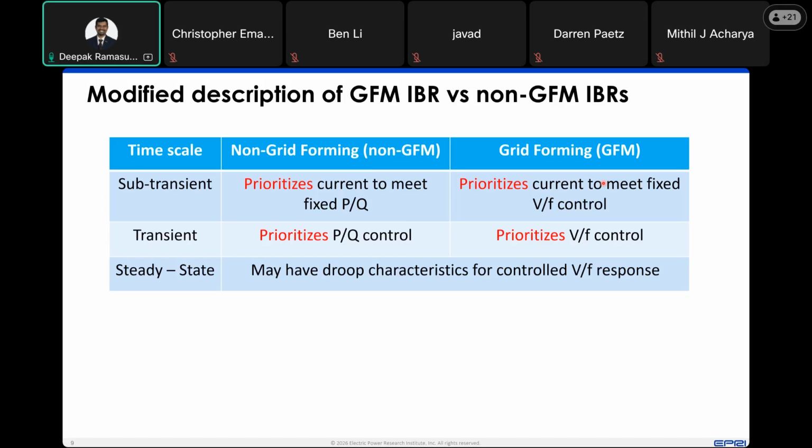The challenge, though, is the manner in which that current increases, or the objective with which that current increases. So if you have a resource that tries to meet a fixed amount of P and Q, and you have a voltage step event or a frequency step event or a phase jump for that matter that occurs on the grid side, then although the current might increase, the manner in which, or the objective with which that current is increasing, is to keep the fixed amount of P and Q being injected into the network,